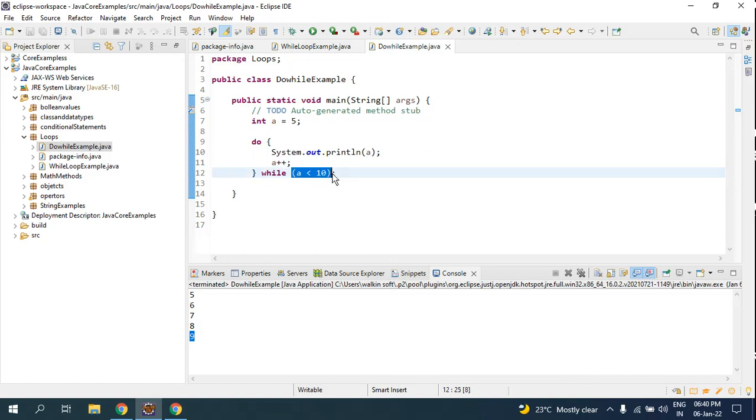And the logic here is that only the first time the condition is not checked but it is printed. Only one time do while can do that, because the second time the condition is not met.